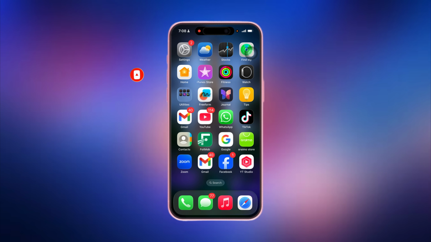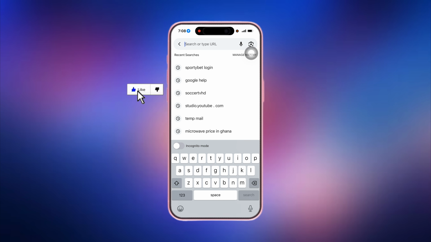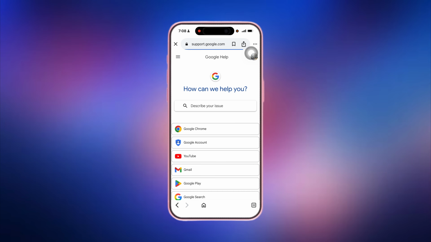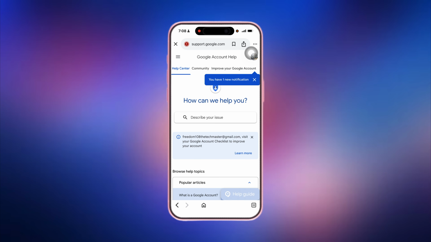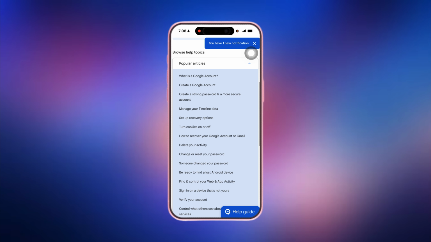Now, without wasting much time, let's get started. Now, in the first place, just open your Google and search for Google Help. Once you open your Google, just search for Google Help. Once you click on Google Help, click on the first link and you can see over here Google account. Click on Google account, and once you click on Google account, scroll,